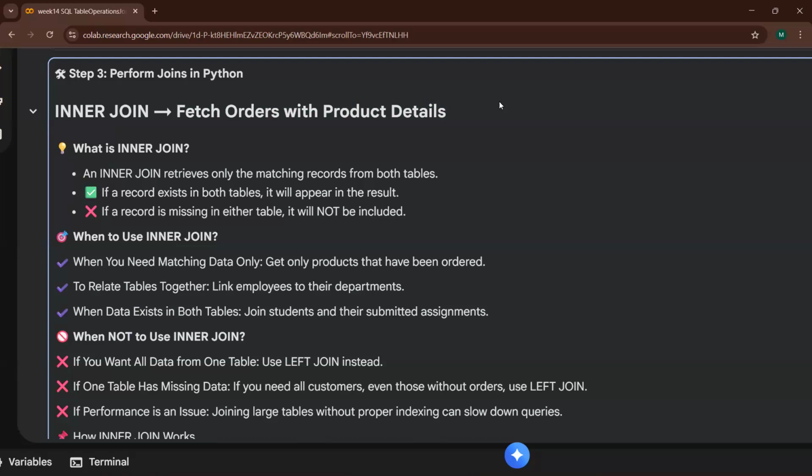So here, guys, what we are going to do. Inner join retrieves only the matching records from both the tables. If a record exists in both tables, it will appear in the result. If a record is missing in either table, it will not be included.